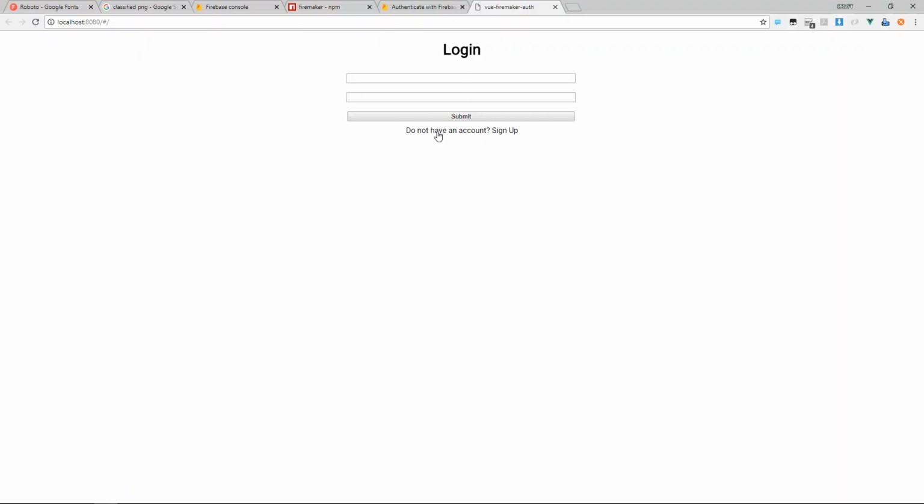So we're on login, but we don't have an account. We want to sign up. So now we're on sign up. Do we have an account? We can actually log in. So that's cool. And we don't really need to change these values, but we do need to add data properties